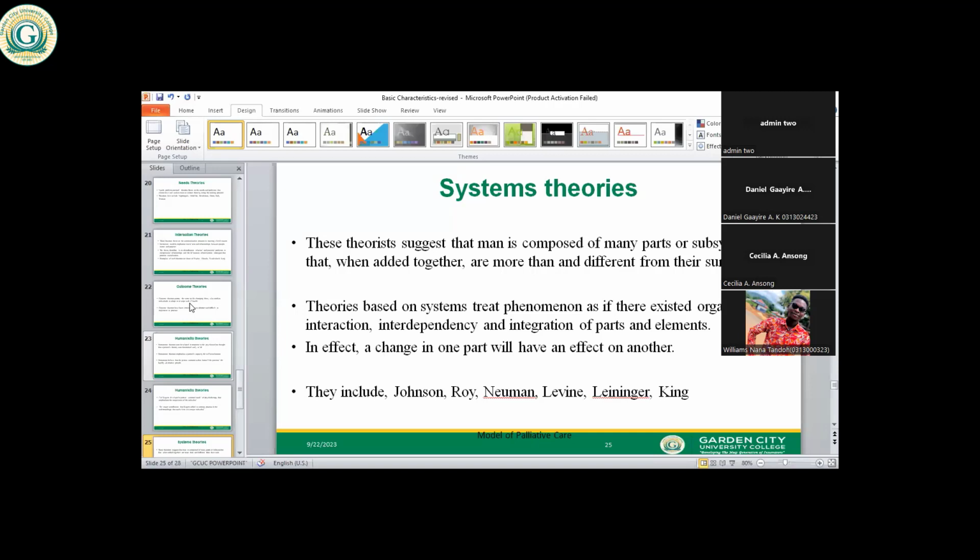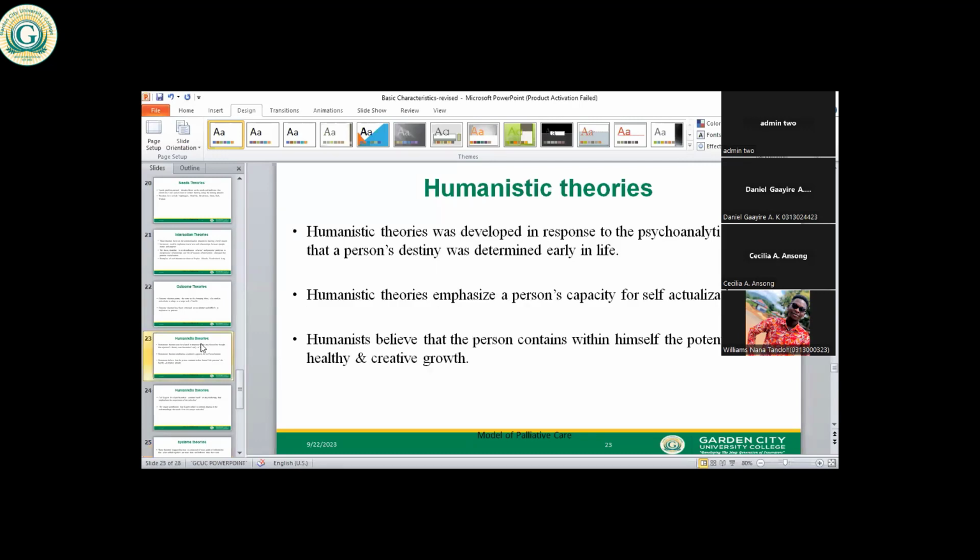Theories that focus on the nurse being the changing force to bring about recovery or to help patients cope with the disease, then you should know that you are dealing with the outcome theory. And we have mentioned that such theories are very difficult to implement. Then we moved on to the humanistic theory. We mentioned that for the humanistic theory,